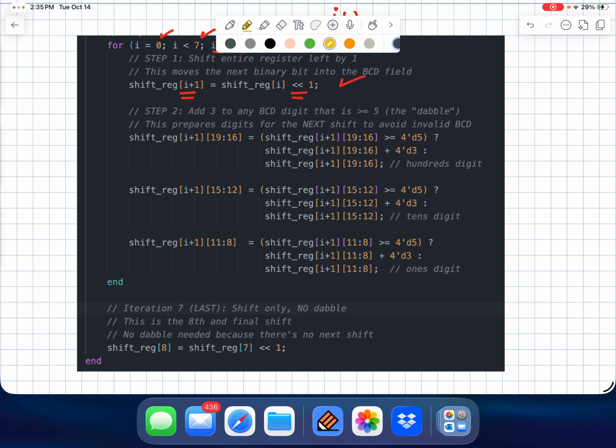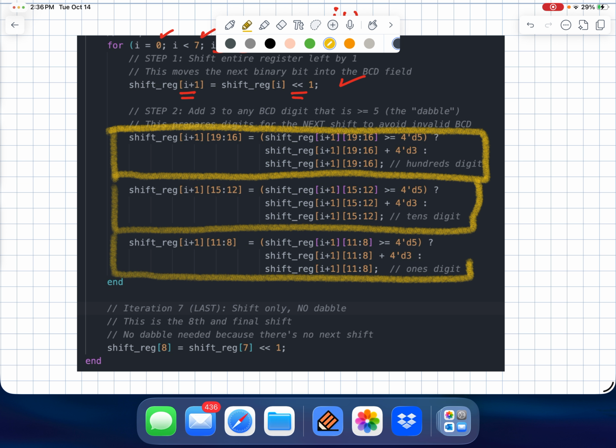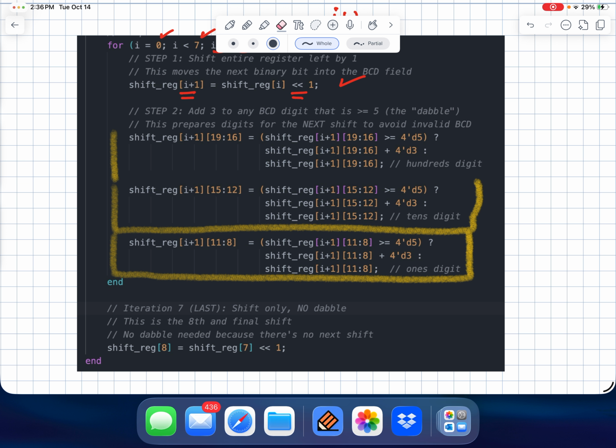Okay, so in yellow, what we're doing is we are dabbling that hundreds place register. Then we dabble the tens place register. Then we dabble the ones place register. So remember what dabble was? You take the value of the register, you compare it. Let me get rid of this highlight so you can see it better. So you compare it